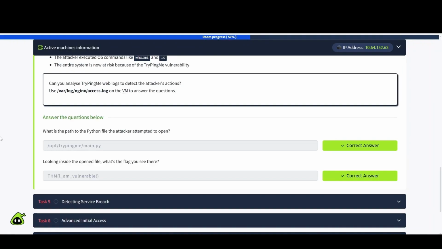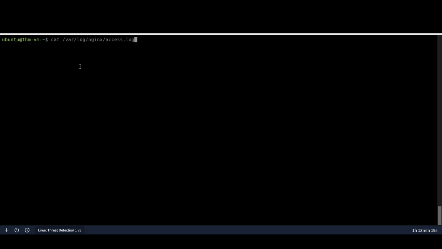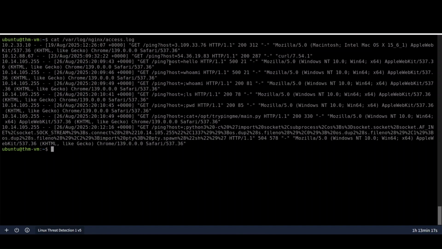All right, this one was pretty straightforward and pretty easy to answer. Let's take a look. What is the path to the Python file the attacker attempted to open? Looking inside the open file, what's the flag you see there? So once again, we're going to take a look at /var/log/nginx/access.log. We're just going to do a cat on it, and there's not that many entries inside of here, but